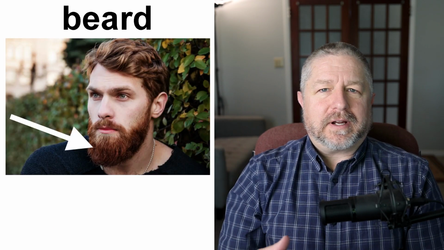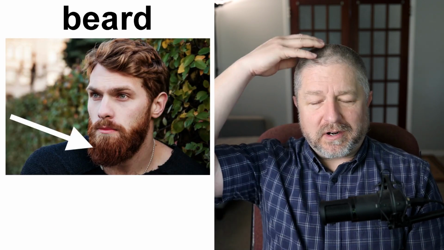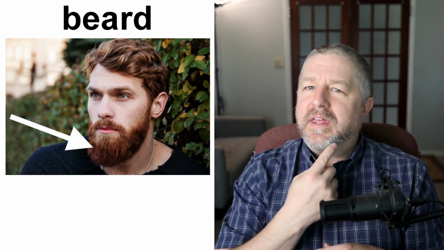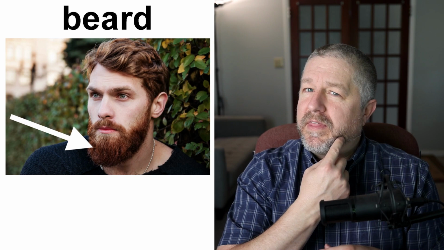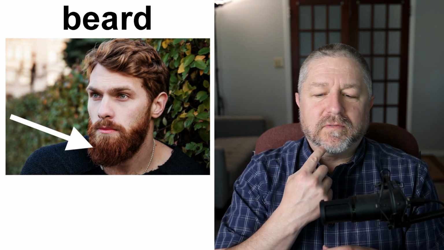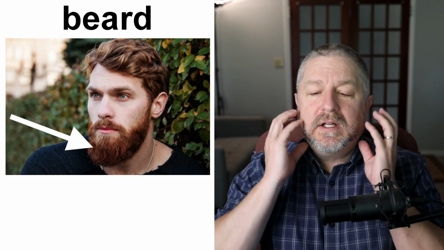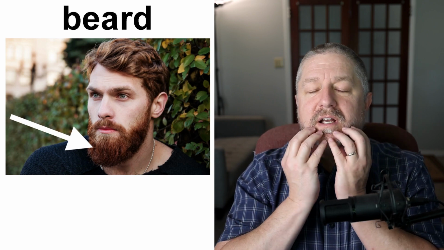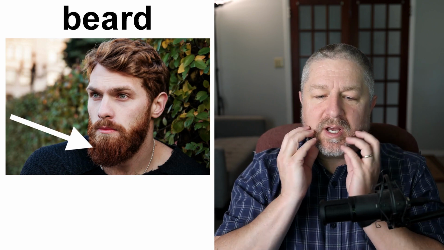Now, there is other hair on the body as well that's not part of the head or the arm or the leg. And we call this a beard. I think you're familiar with this. I am going over some of the simpler vocabulary. So when you have hair on the lower cheeks and on the chin, we call this a beard.